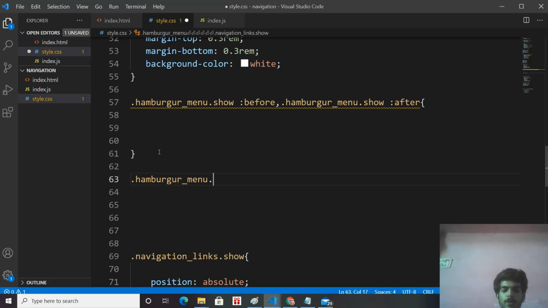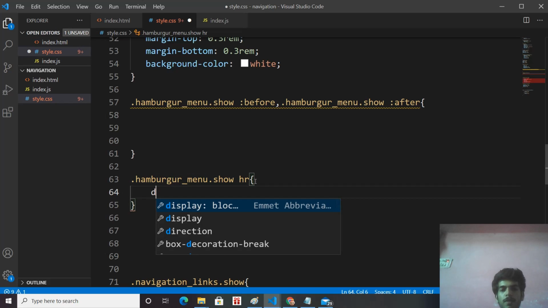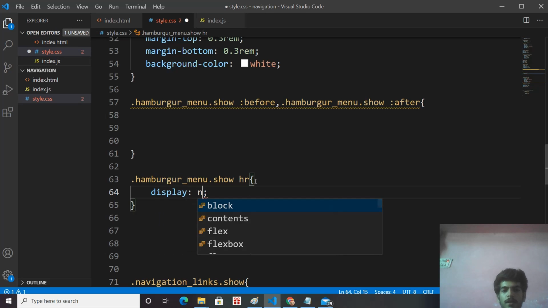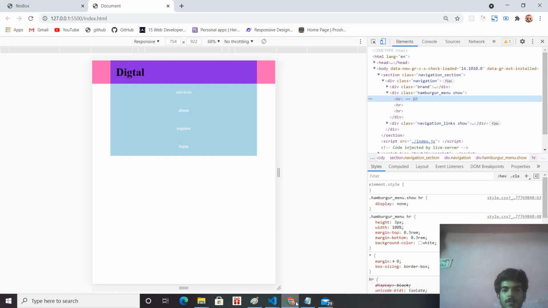When our hamburger menu has a show class, then its horizontal rows, here the horizontal row selector is going to select all the horizontal rows, so they don't display on the screen. So display none. Then I save this and see, it hides.